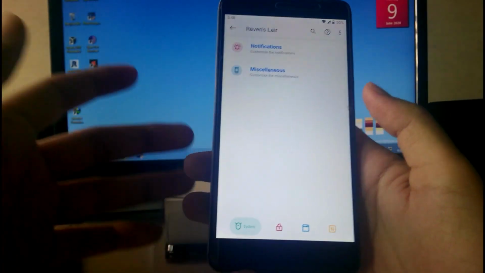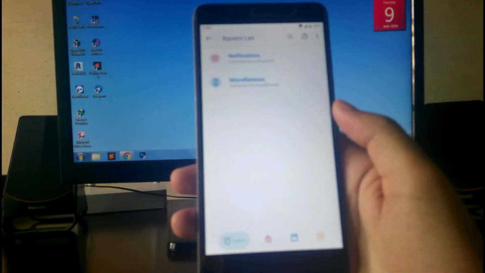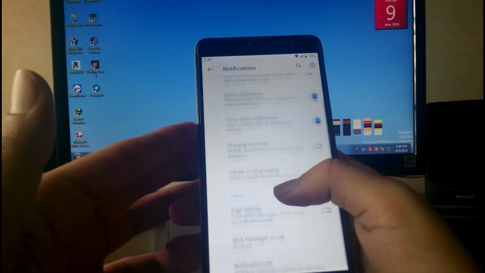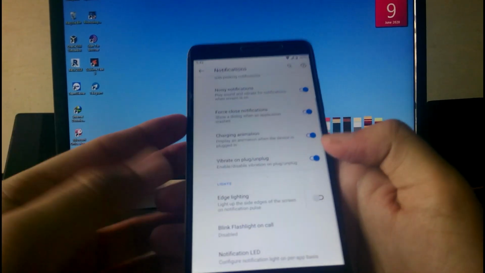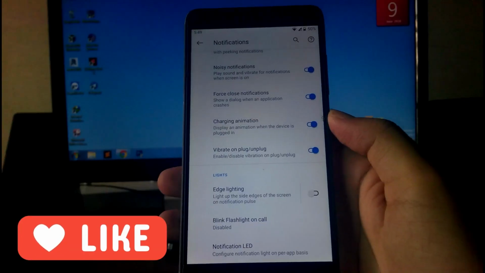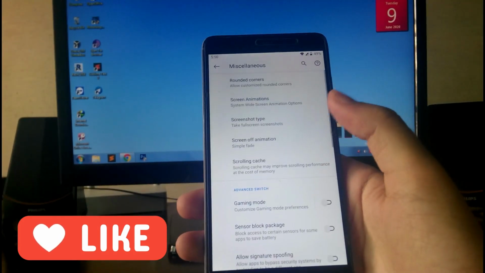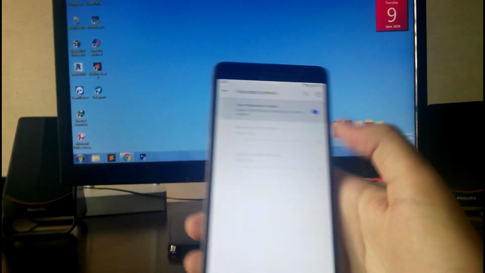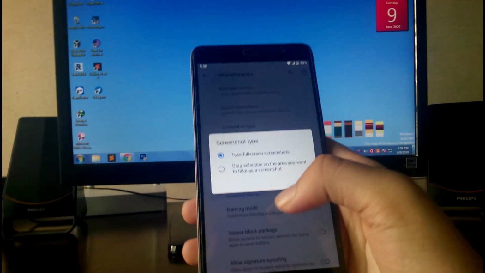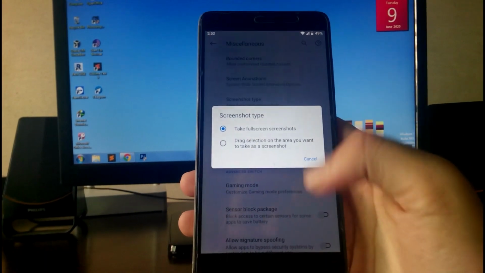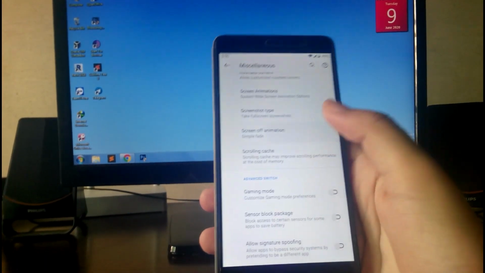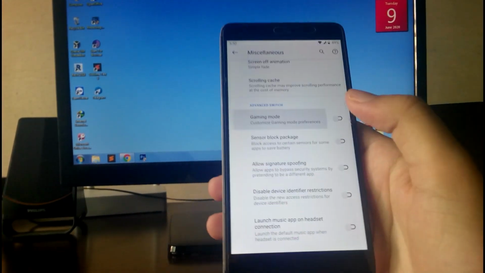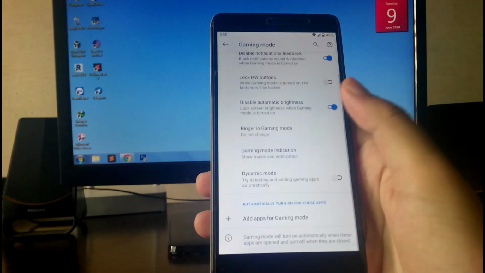Then going up here to this Ravens Live, which are the Corvus OS customizations. You have this notification customization like the heads up and the charging animation, all these stuff, and you also have the edge lighting available for the ambient display. Then in the miscellaneous, you have this rounded corner option, which is also working fine, as you can see here. Then you have the screenshot type like the partial screenshot or the full screenshot option, the screen off animation and the scrolling cache. Then you have this gaming mode. Under the gaming mode, you have all these stuff available,